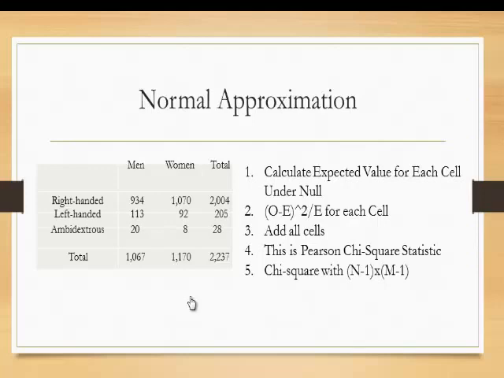So you look at the actual number, subtract the expected number under the null, square the quantity, that gives you sign invariance, and then you divide by the expected number. And that's put in each cell, then you add up all the cells, and that's your chi-square statistic. This is called the Pearson chi-square statistic. And this statistic has an asymptotic distribution of chi-squared with degrees of freedom